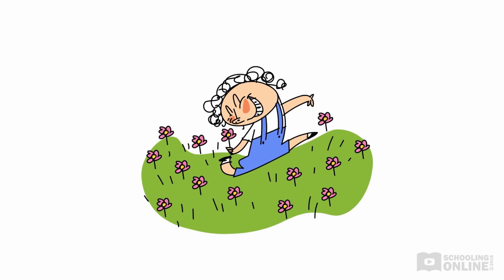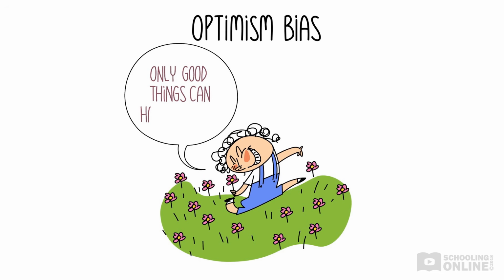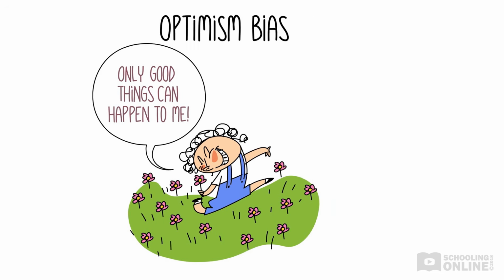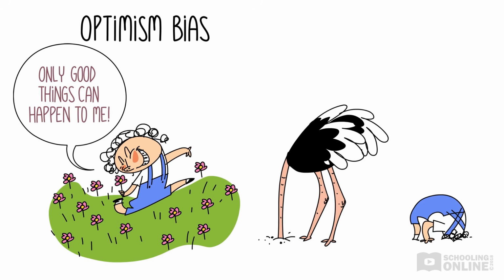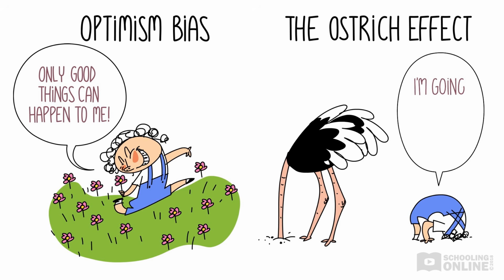Is your character or author happy-go-lucky all the time, believing that good things are just bound to happen to them? Maybe they have an optimism bias, the tendency to overestimate the likelihood of positive or favourable events. Some people have such a strong optimism bias that they completely ignore anything bad. This is called the ostrich effect, because ostriches sometimes hide their heads in the ground and can't see what's happening around them.